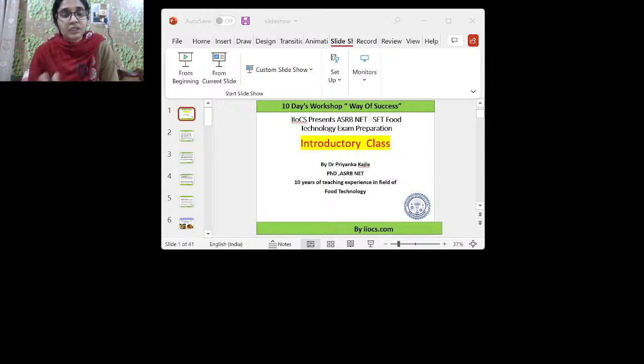This means you have to crack this exam if you want to make a career in academics or in research. So this will be your foremost step. To appear for this exam, the candidate must have attained a master's degree as the minimum educational qualification in the respective discipline for which they have opted to appear,